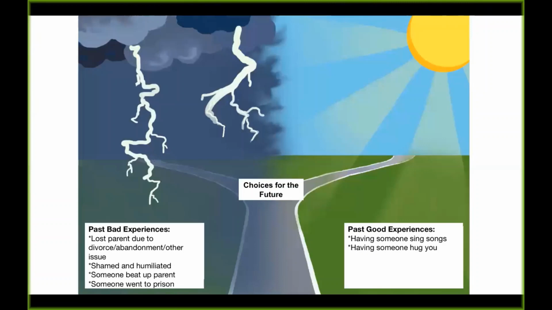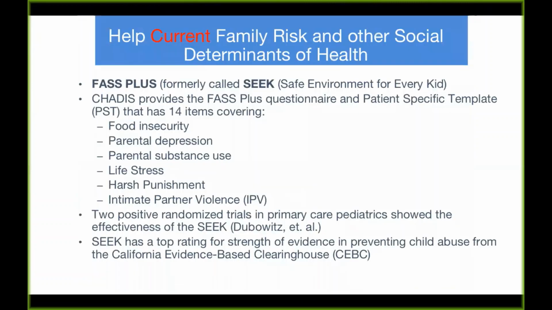So we actually did some focus groups, numerous focus groups actually, with our colleagues at Kent State. And what we found was that this graphic was very interesting to families who were rating some simulation visits where we showed this to some of them and not to others. They felt as though it really helped them understand the connection between things that happened to the parent in the past and what might happen in their parenting experience, in their parenting journey. So that's why we've included this one, and it's something that's optional for you to use.